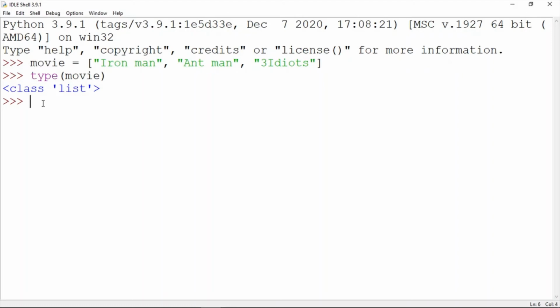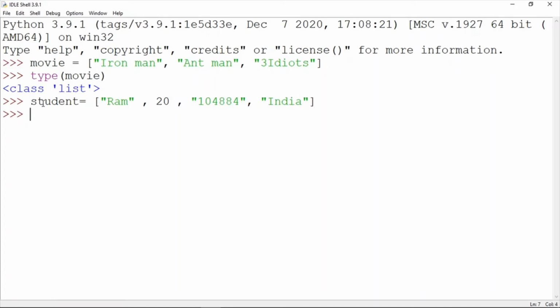In that we are going to store some values, like I have a list that is student, and inside that list we are going to store a student name, that is Ram, and then student age, maybe 20, then their ID number like 10884, and then their address like India.